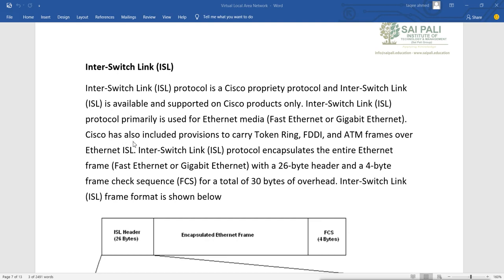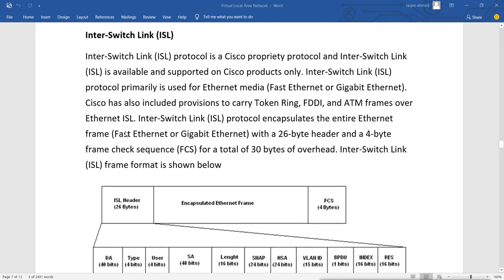Cisco has also included provision to carry Token Ring, FDDI and ATM frames over Ethernet ISL. This ISL protocol encapsulates the entire Ethernet frame, Fast Ethernet or Gigabit Ethernet, with a 26 byte header and a 4 byte frame checksum, that is FCS, for a total of 30 bytes of overhead. This ISL frame format is shown below.